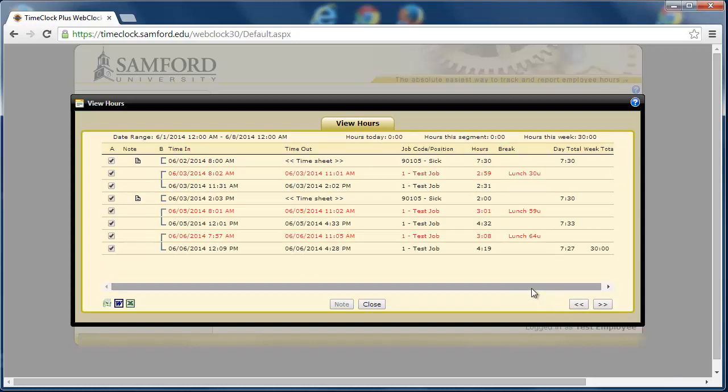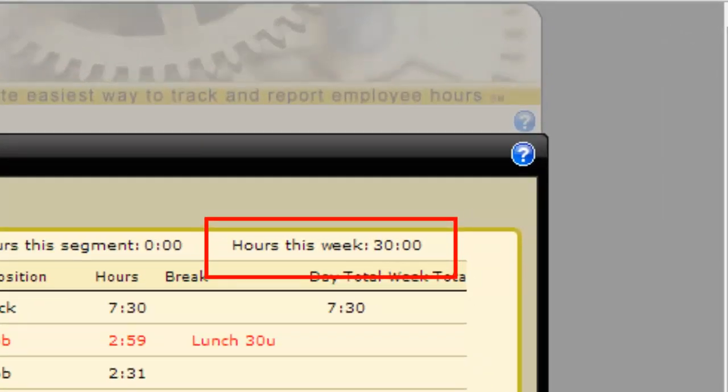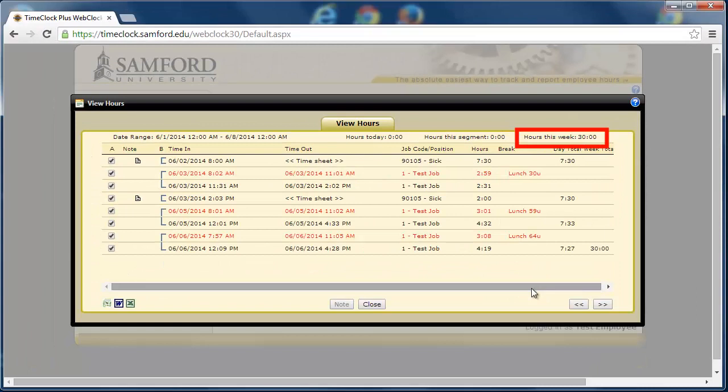When reviewing hours, we should also look at the total of hours worked in a week to make sure that it matches up with our expected hours. For example, if we usually work a 7.5-hour week, but see that we only have 30 hours, then we may have forgotten to enter in a day of leave. If that is the case, then we will close out the View Hours,